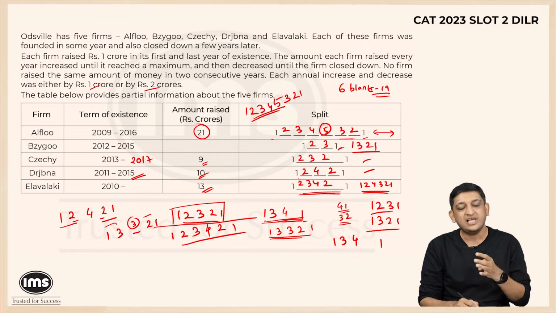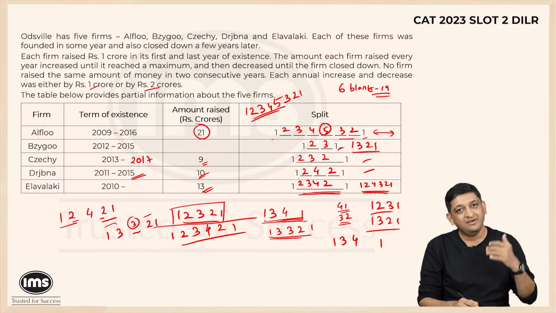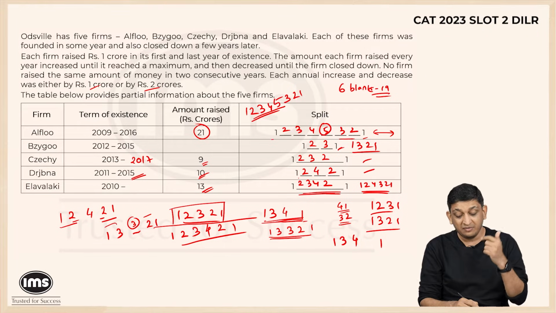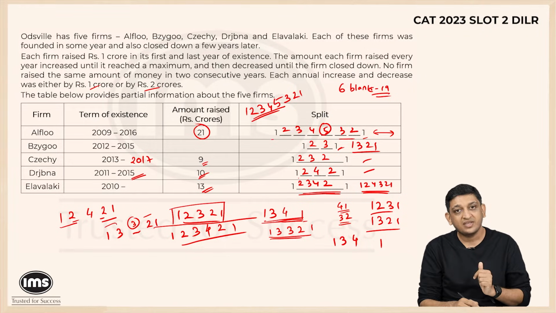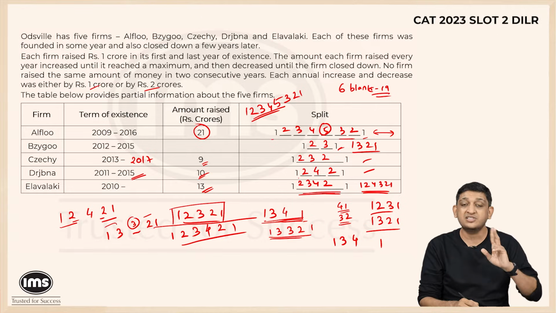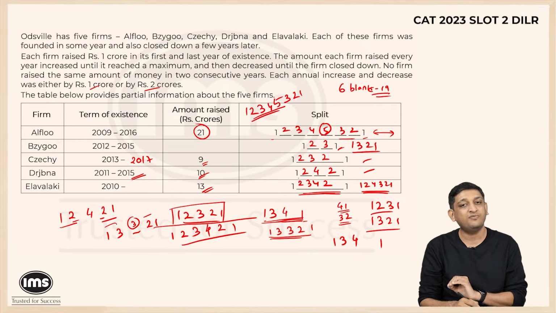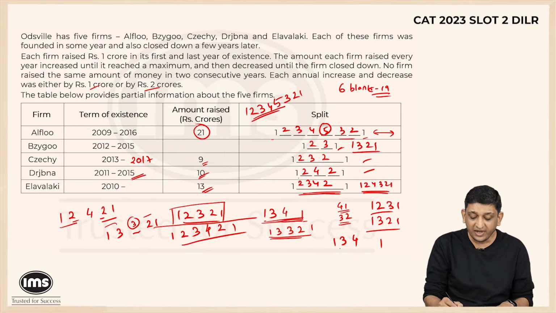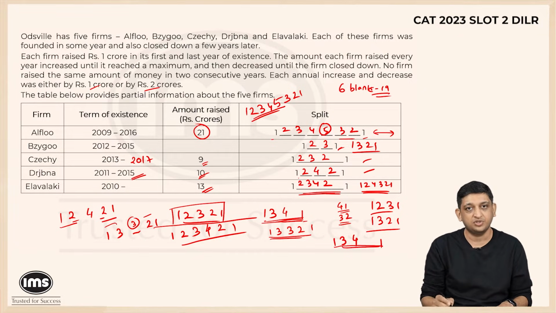Now the beauty of 4 is, how can I split this 4? I will have to go for 3, 1, but then it will become 3, 1, 1, right? So that is not possible. What about 2, 2? Not possible, because consecutive years cannot have the same amount of funding. That's why 1, 3, 4, 1 will not take us anywhere. That is not going to be a case for sure.